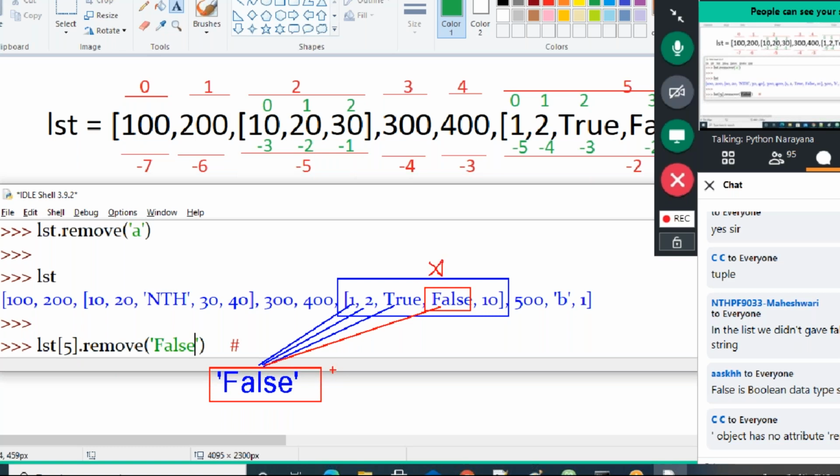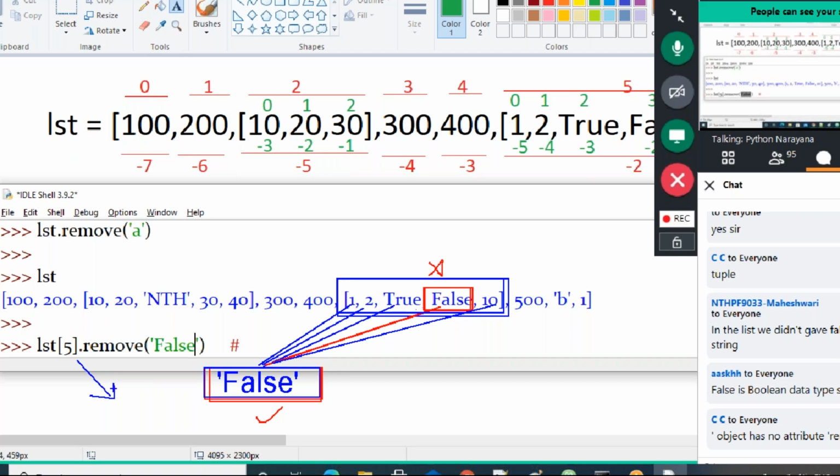So the interpreter takes it as a string, but this one is a bool value. So both are not the same. Next, false string, an integer, not the same. Means our false string is not available in the list. Then it will throw an error. That is what we have to think.